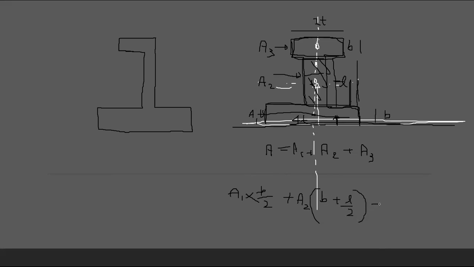And for A3, you have B plus L plus, this is the distance to the centroid from this, B by 2, but you are taking moment about this axis. So that's going to be B plus L plus B by 2. So this is going to be equal to the total area A times